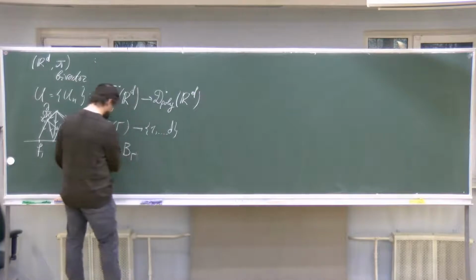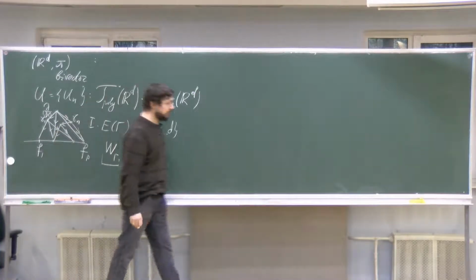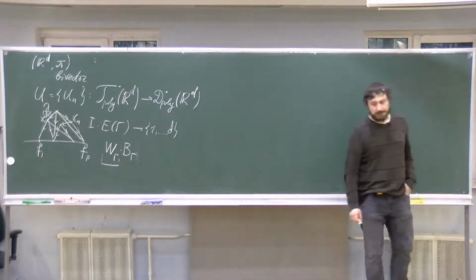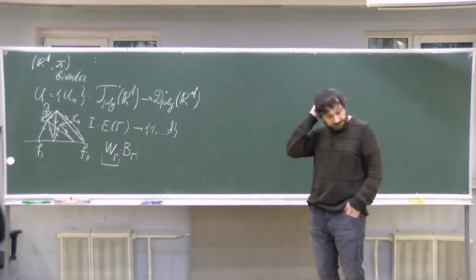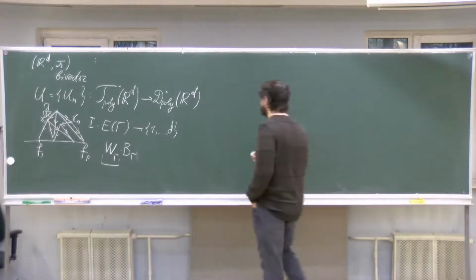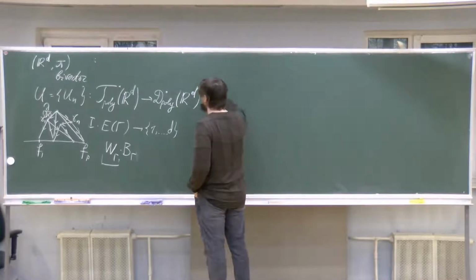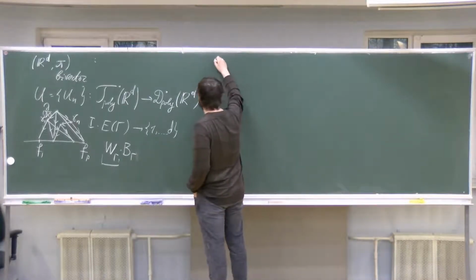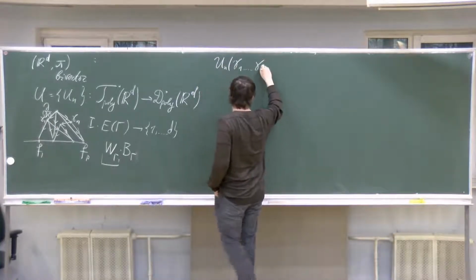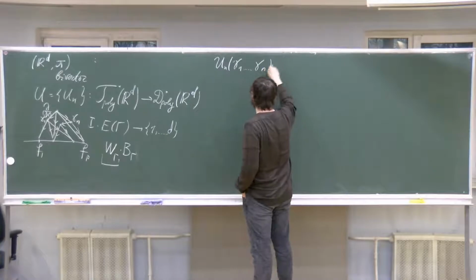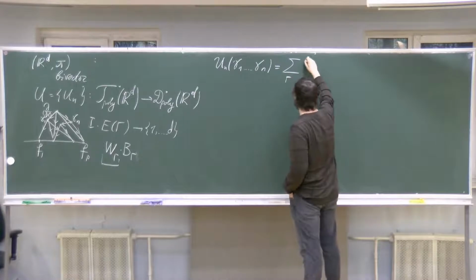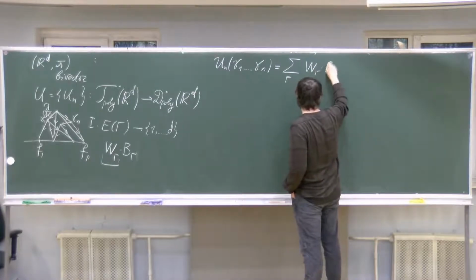These coefficients W_gamma appear in a very subtle way. They are obtained from the integration over a compactified configuration space, right? And the claim is that when you take U_n of gamma_1 through gamma_n to be equal to the sum over all suitable graphs of W_gamma times B_gamma,